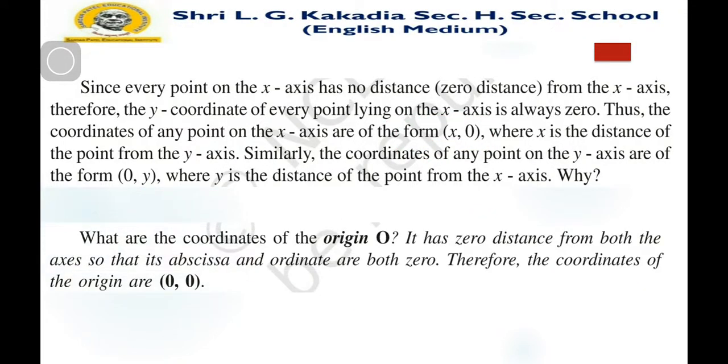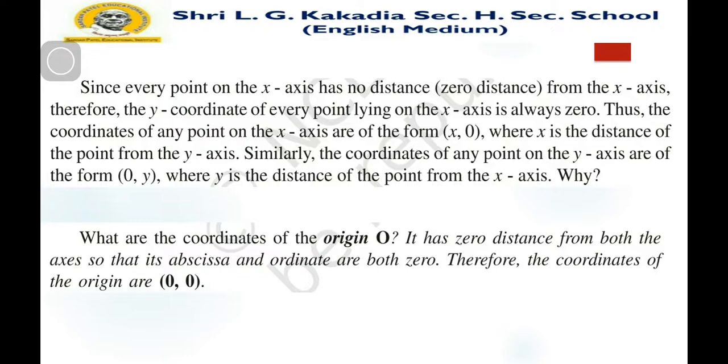What are the coordinates of origin O? Here we know that both axes intersect at one point, which is the origin of both lines. So what about the origin O? It has 0 distance from both the axes. As you know, the origin has 0 distance from both axes, so that its